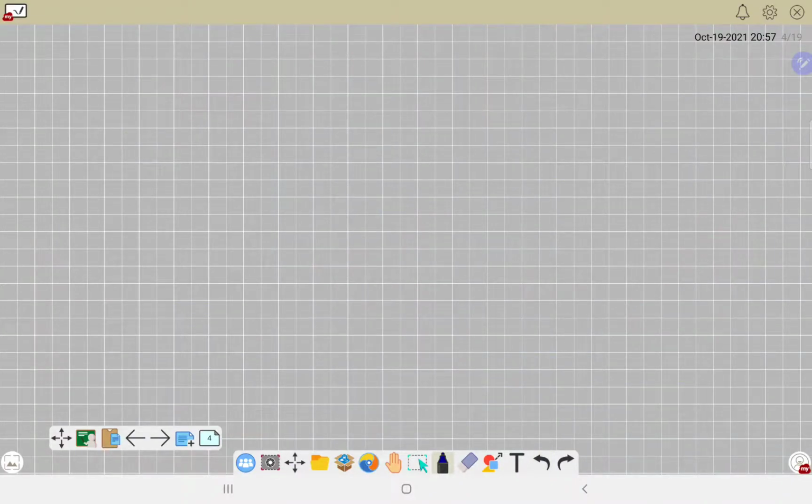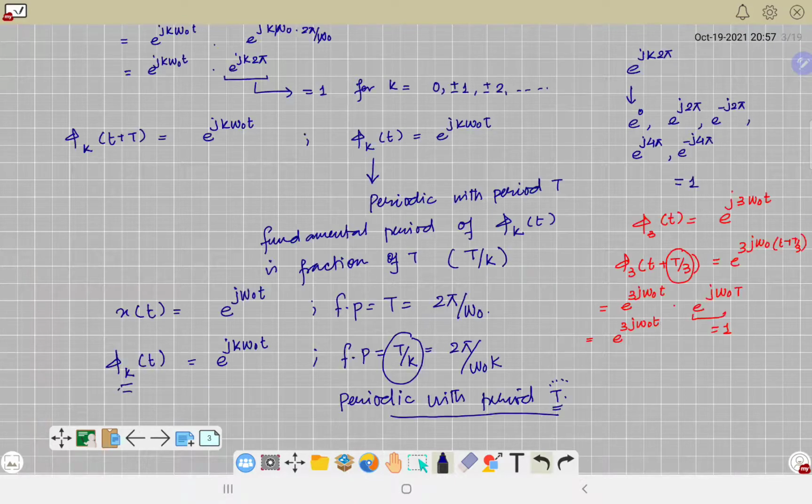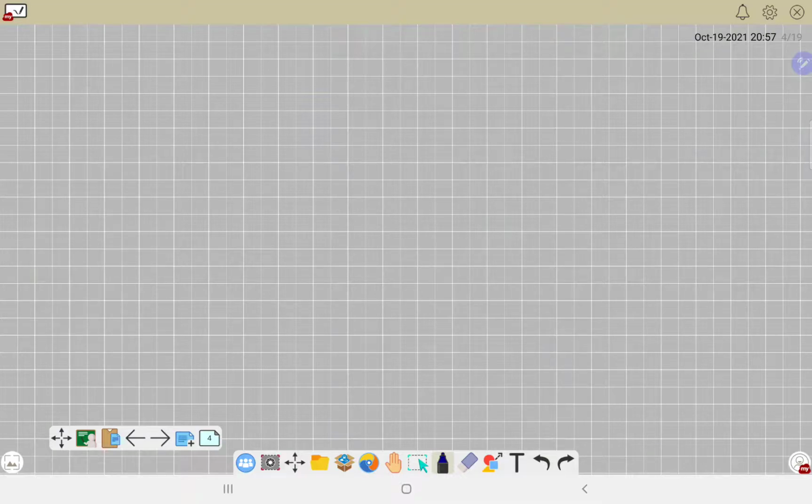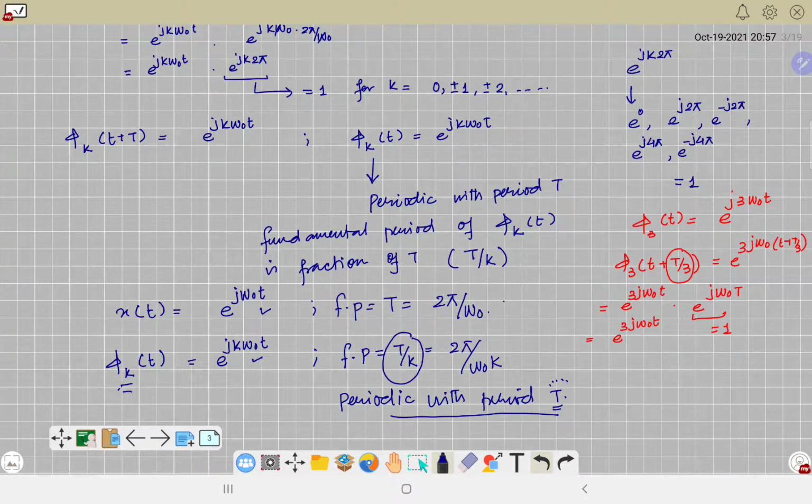So we kind of establish a relationship between the signal x of t, which is a pure exponential, and a new signal which is again exponential, but it has a parameter k. Okay? So we can say here, alternately speaking, omega naught will be simply 2 pi by T, and here